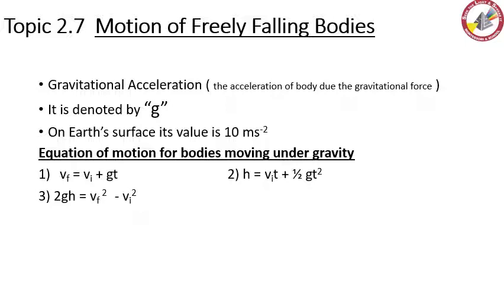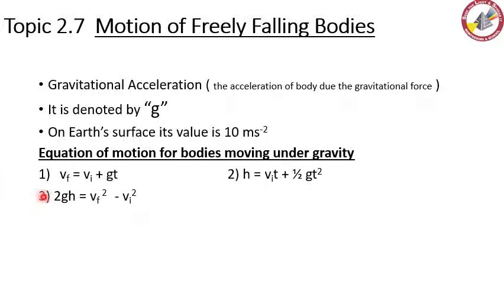On the surface of earth, its value is 10 meter per second square. Whenever the body is freely falling or moving under gravity, the acceleration involved is gravitational acceleration. And the equations of motion for those bodies are